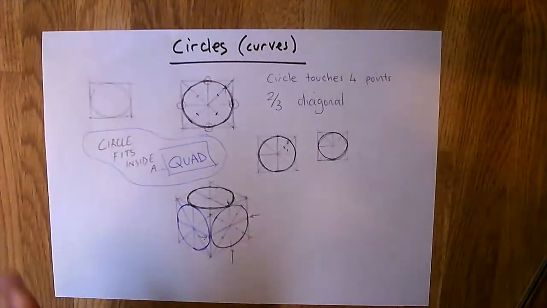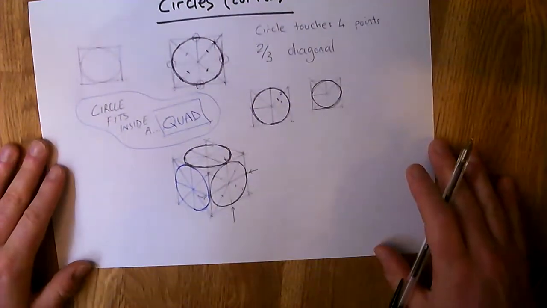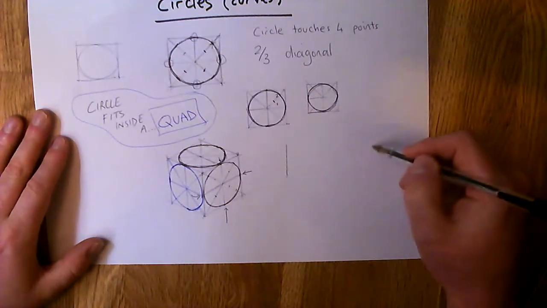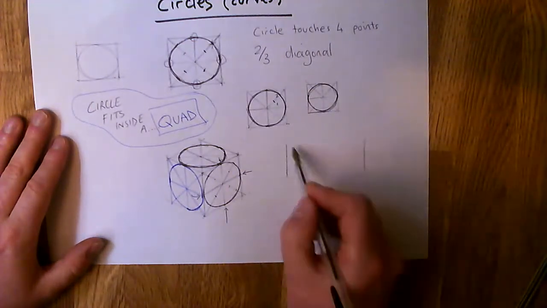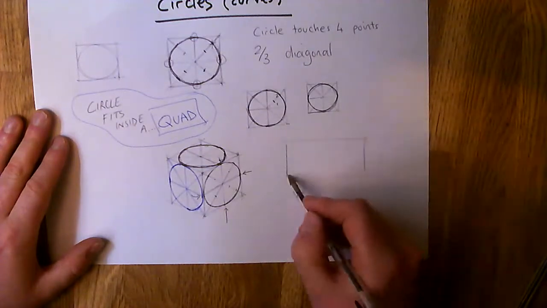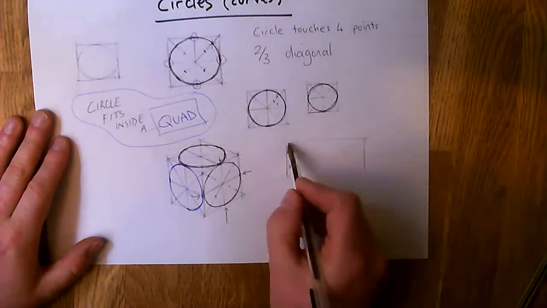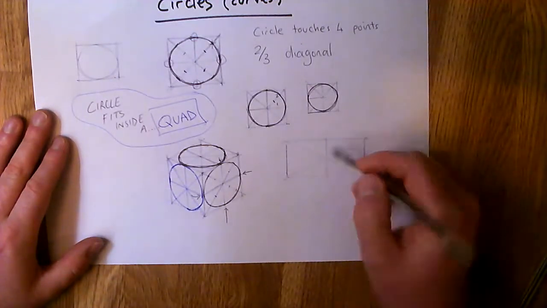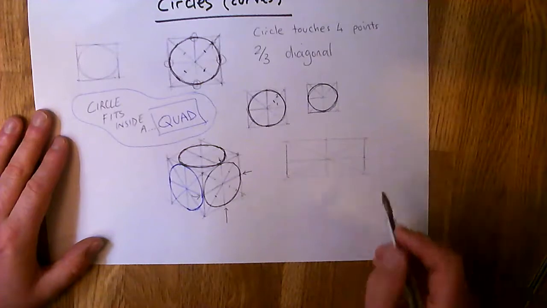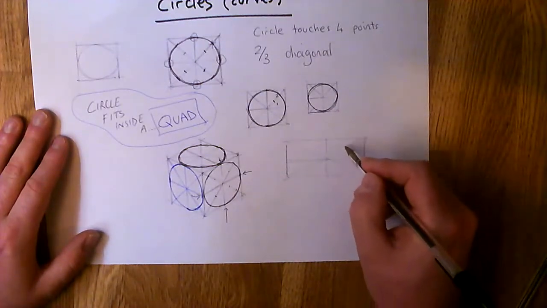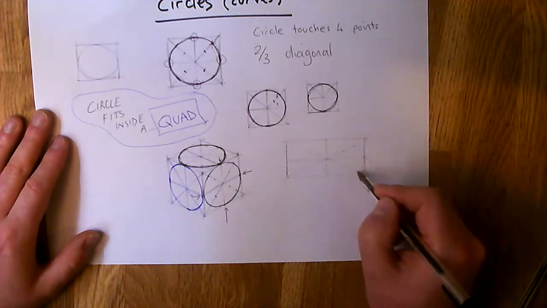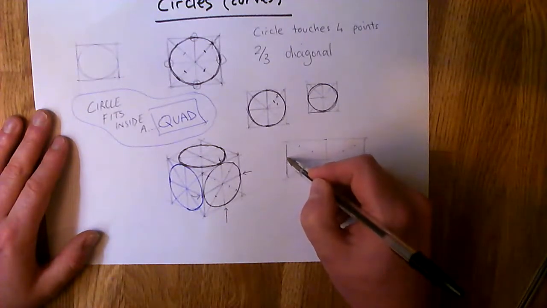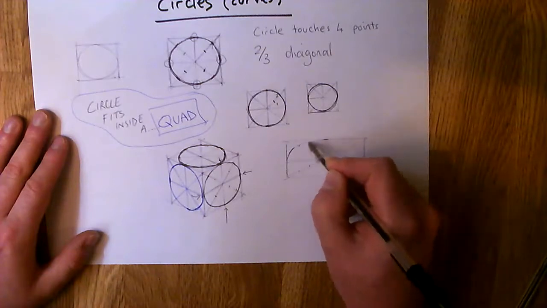Now, let's look at this original sheet again. I want to show you something else here. Let's say you didn't start with a square. Let's say you started with a rectangle. And again, this time, let's put in our diagonals to find the centre of the rectangle, and from the centre, project a line up and project a line out the way. Now, by going 2/3, 2/3, like that,